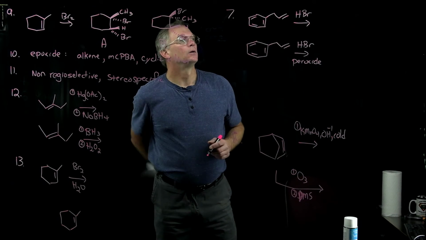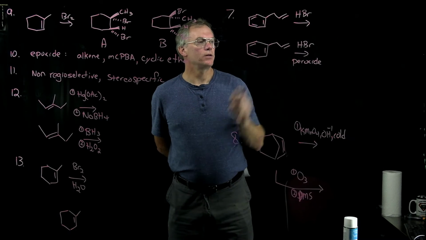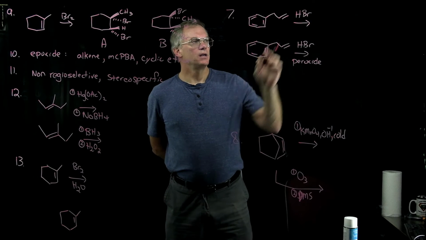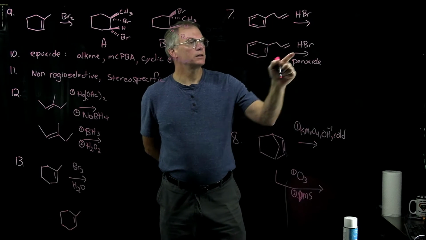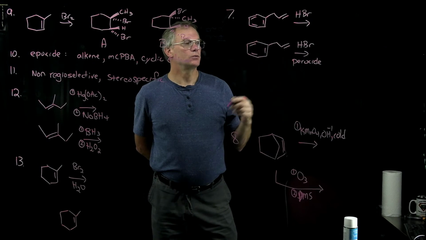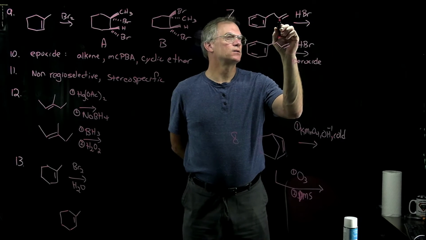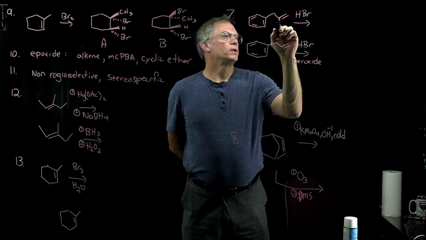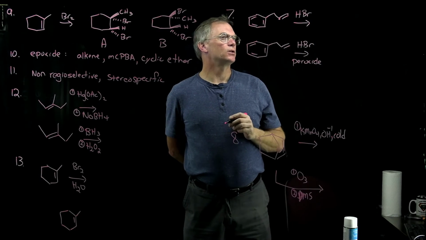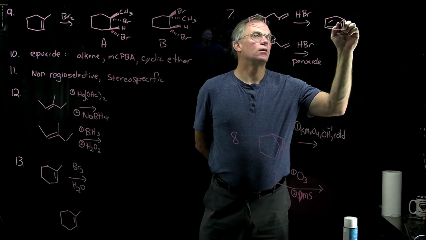Number 7, we're dealing with hydrohalogenation without and with peroxide present. We should recall that that gives us the Markovnikov addition product, and this will give us the anti-Markovnikov. And those two are regiochemical isomers. So Markovnikov says whichever ene carbon has more hydrogens will preferentially get the incoming hydrogen. So the Markovnikov product